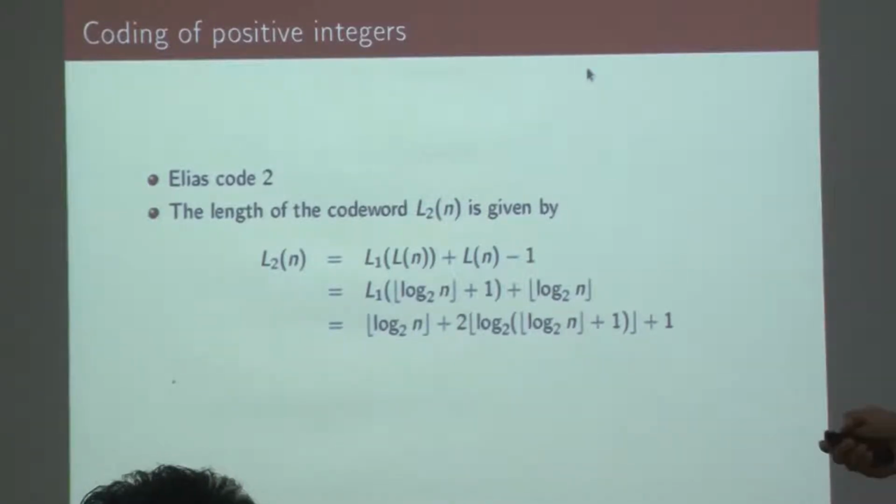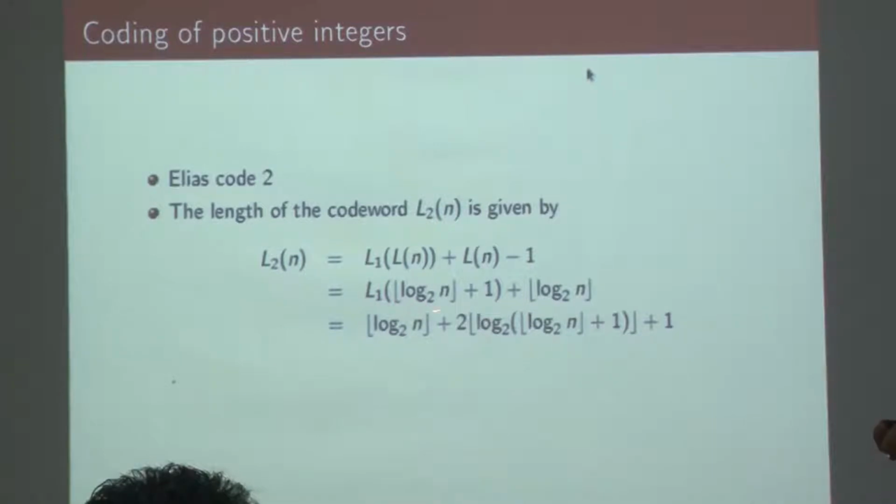So, that is L of n minus 1. Now, what is L of n? The length is basically floor of log n plus 1. So, we need to find out what is the